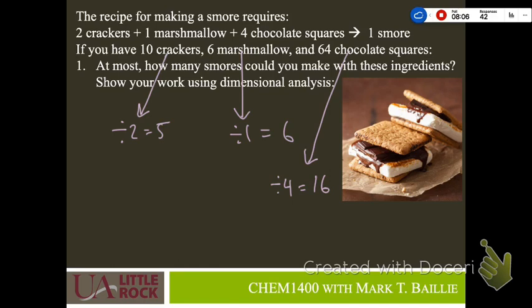It's really important, right? So this process that most of you just did off the top of your head is exactly what we call limiting reagent. It's a technical term that in chemistry scares a lot of people, but it is how much can we make based on what we run out of first. It seems pretty straightforward, right? We run out of crackers first, so we can't make more than 5 s'mores.